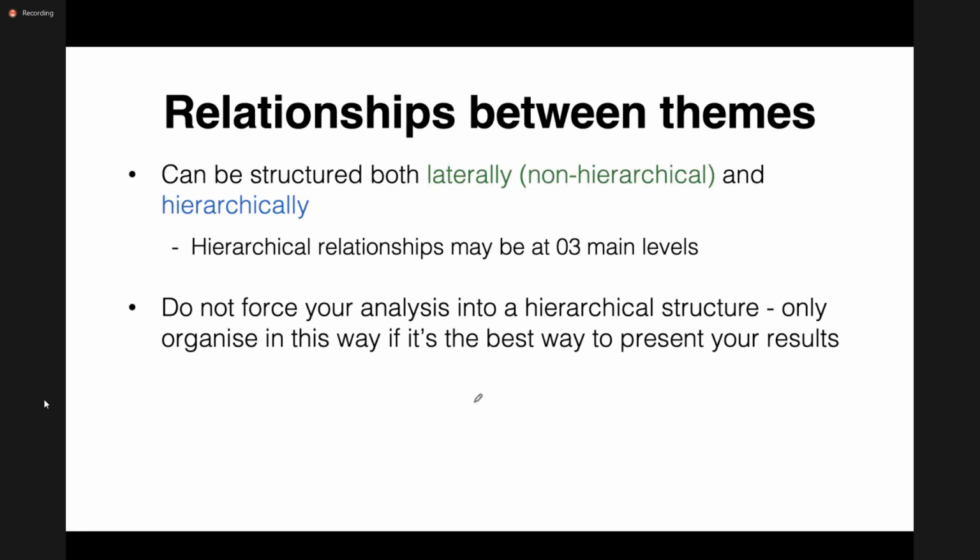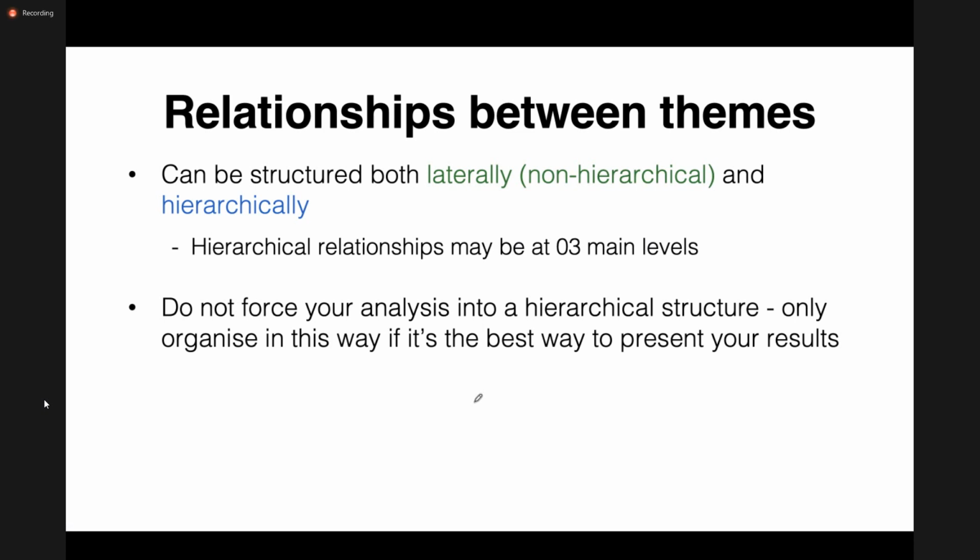And once you are happy with the final set of themes, then you have to check and see how these themes relate to one another, the relationships between these themes. So how can you organize them? Can you organize them laterally, let's say non-hierarchically, or can they be organized in a hierarchical structure?